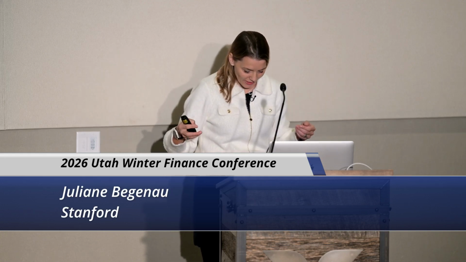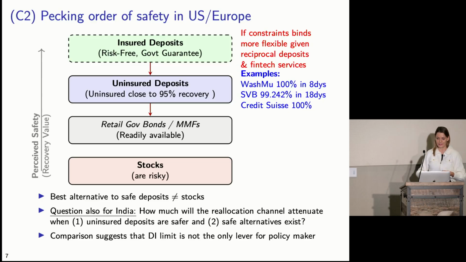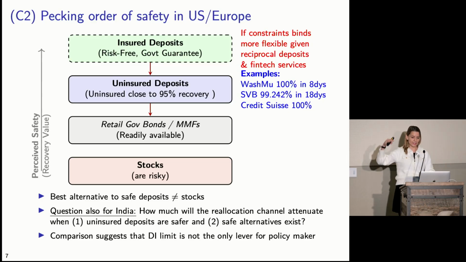Credit Suisse, again, a lot of these were also then bought by other banks, but this shows that there's other mechanism outside of the deposit insurance limit that can provide safety, and that design around that would also matter for what's the next best alternative in the safe asset. Now, clearly the stocks would rank lowest in terms of what the perceived safety is.